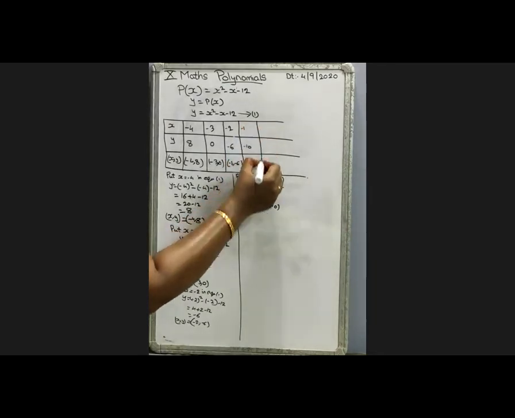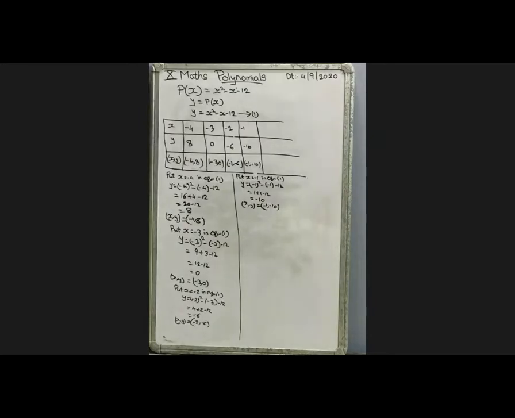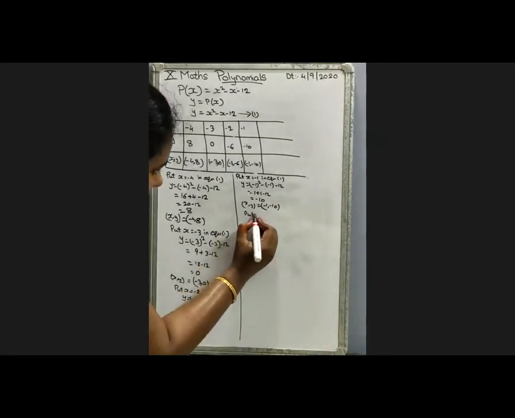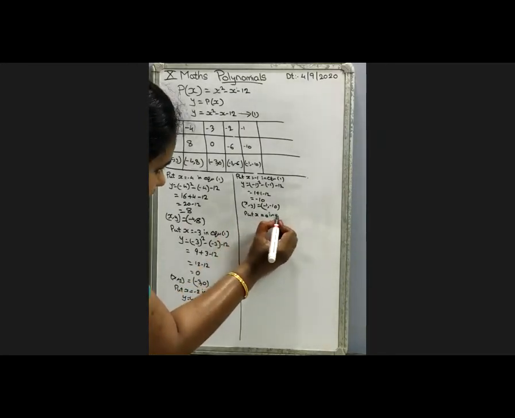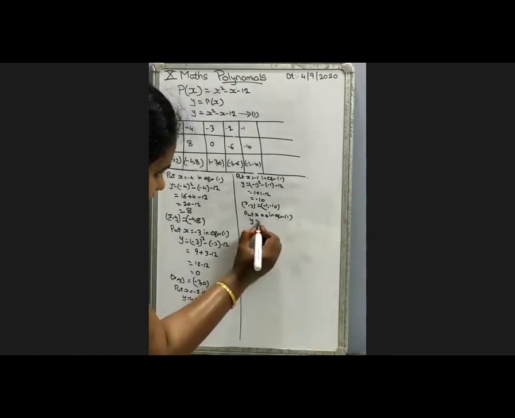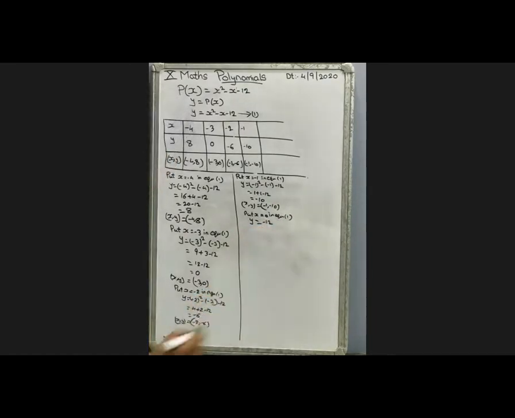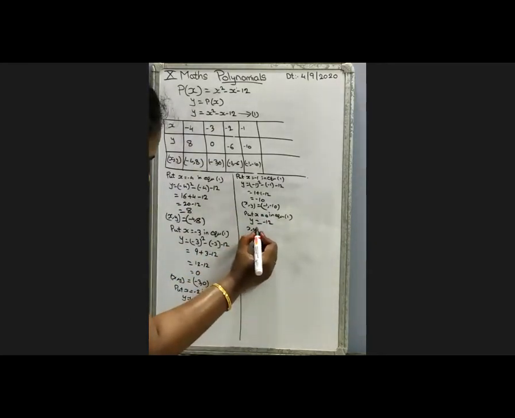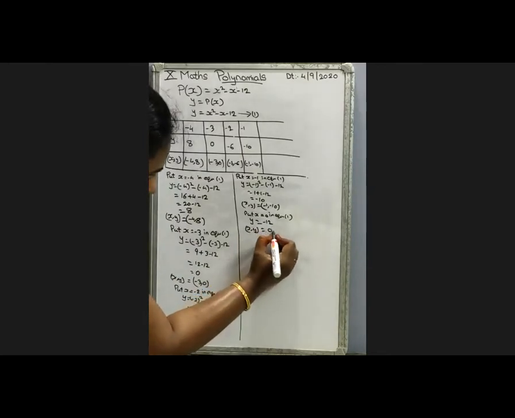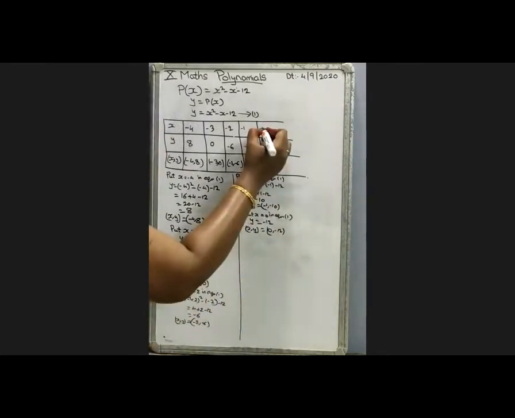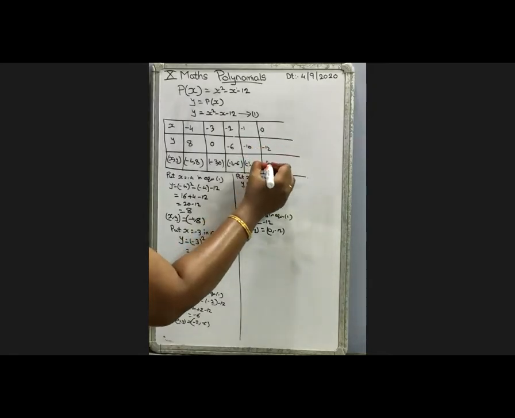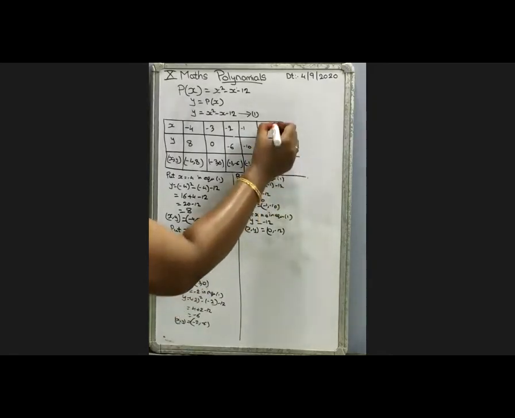Now we can take 0. 0 means directly we can give 0 now. Put x equal to 0 in equation 1. So directly what will the answer be? -12. Why? Because 0 square minus 0 is nothing but 0, so we directly get -12. So x comma y equal to 0 comma -12.